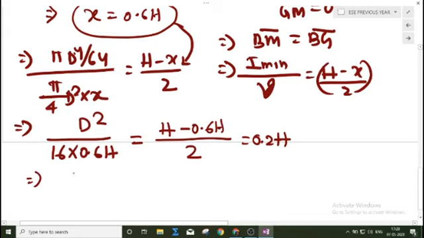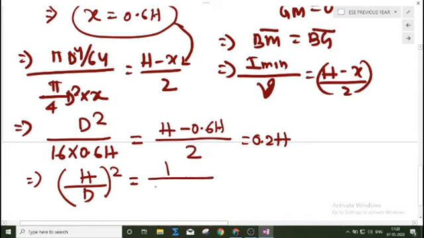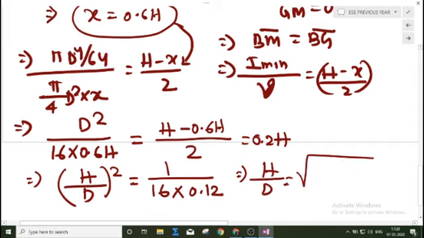Now if you solve, this is (H by D) to the power whole square, it is asking. So this is 1 divided by 16. I mean 16 I'm taking that side, and it will be 1 by D. 16 into this is 0.6, and into 0.2, how much? This is 0.12. Okay, so H by D will be equal to root over of 1 by 16